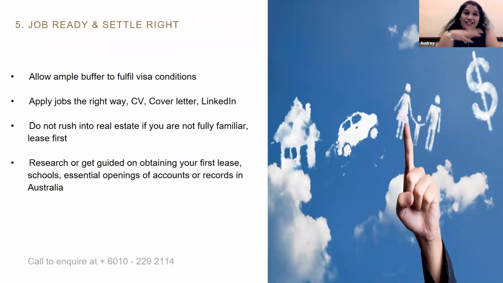Finally, once you get your visa approved, what's next, right? You've done the big job of getting the visa. Next is the big move, all right? To uproot from your current country and move to Australia. So especially for those on the 491 visa, where you have to fulfill the conditions of the 3 years in the 5-year period, I always advise my clients, it's actually very, very important for you to allow sufficient buffer time before you actually move to Australia. It's very important to move not too late.